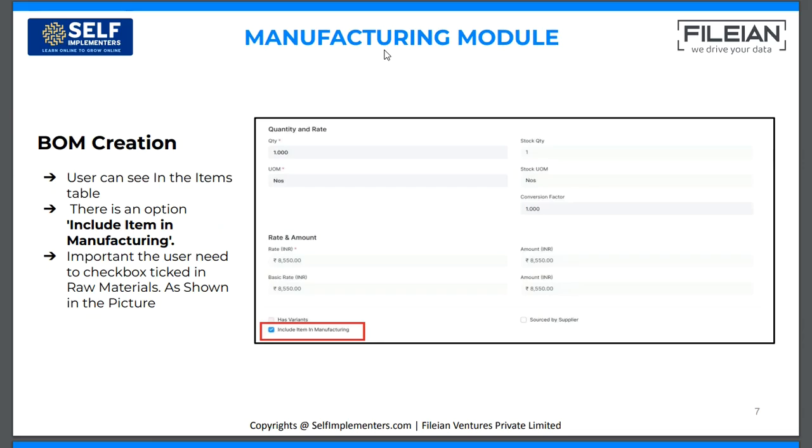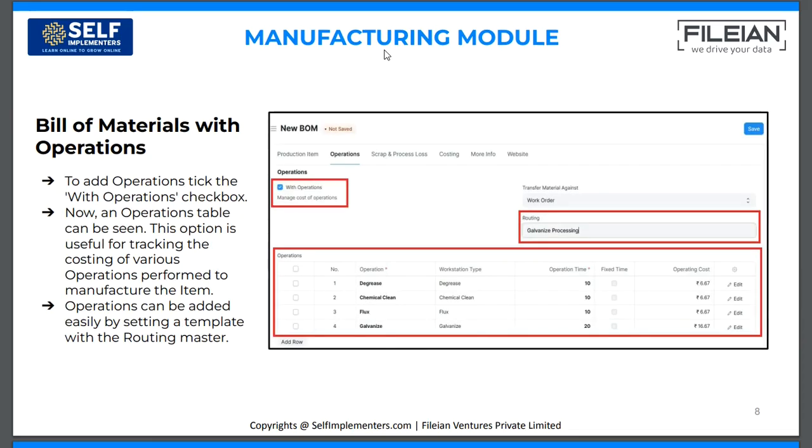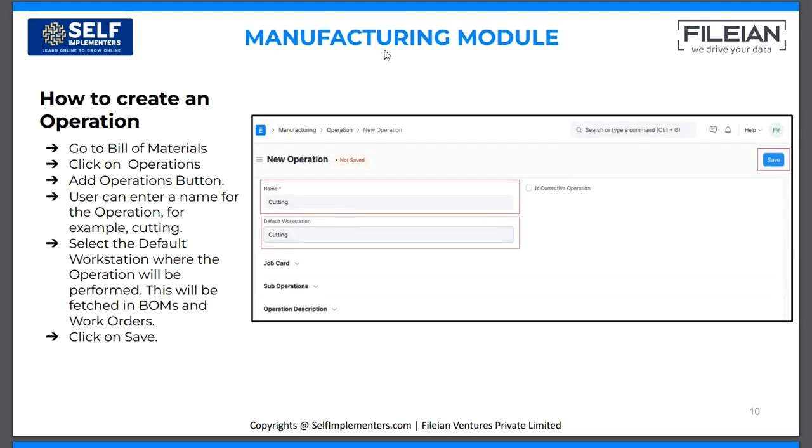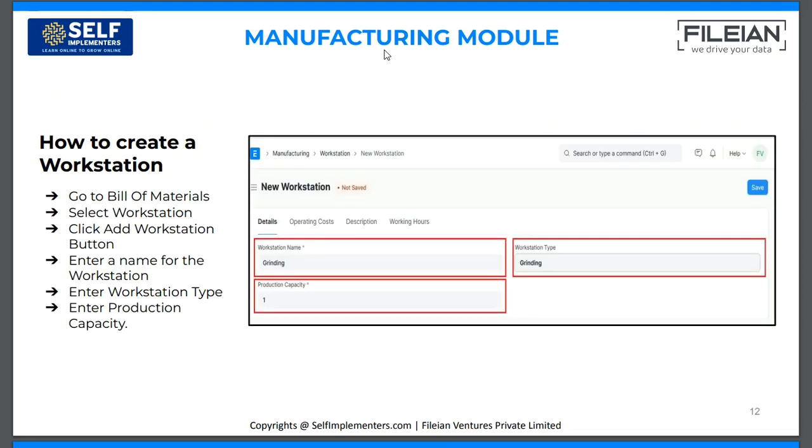Then we will connect that bill of material to the finished product, and we will see some of the settings, like including the particular item in the manufacturing process, and also we will connect some of the operations for the manufacturing processes. We will create a workstation and operation, and we will also see how we can set the routing process for the manufacturing,